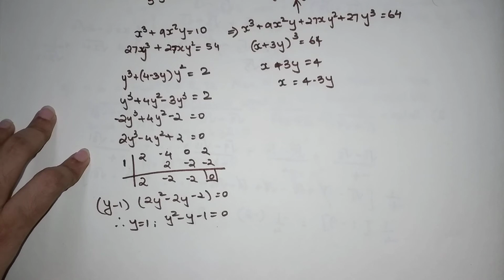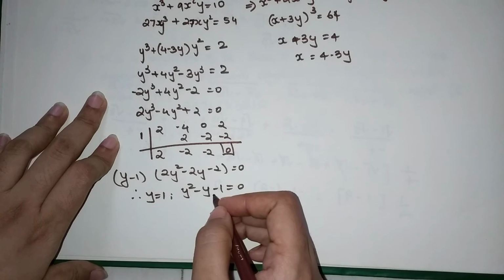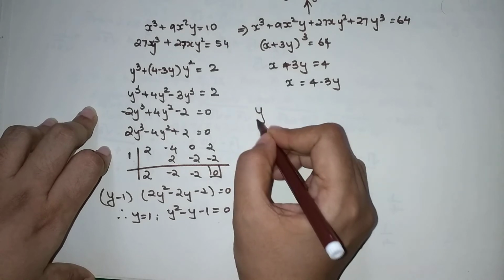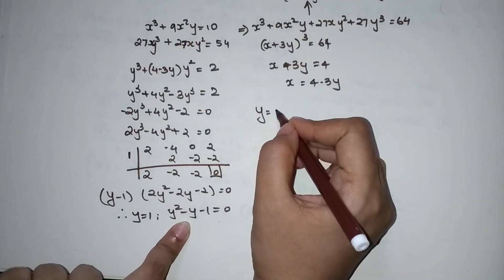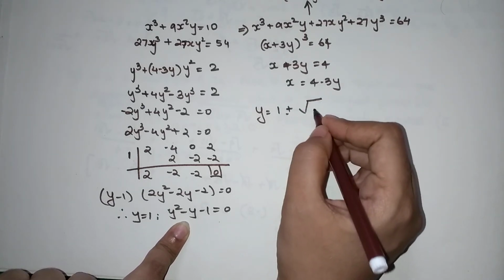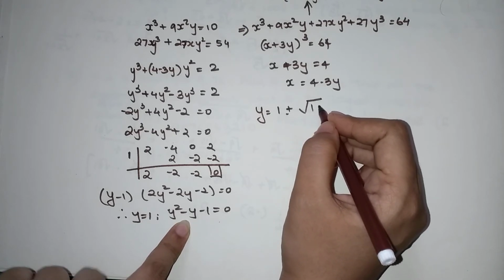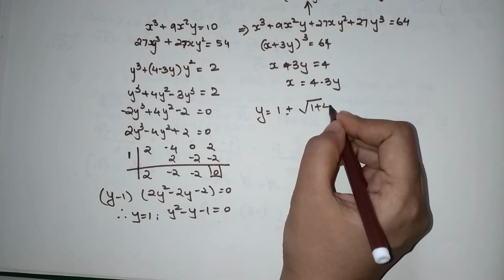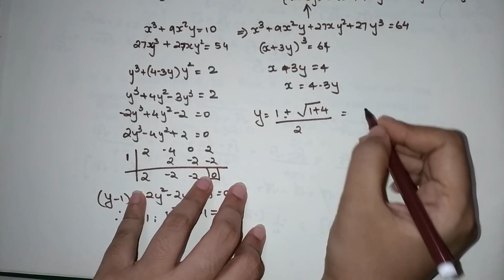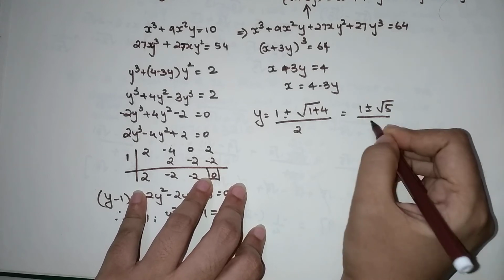Now this is not possible to solve in the normal way of quadratic, so we'll use the formula. So here we can say that y is equal to minus b, that is plus 1, plus minus root of b square, that is 1, minus of minus 4 into minus 1, that is plus 4, upon 2. Correct? So basically you get y as nothing but 1 plus minus root 5 upon 2.